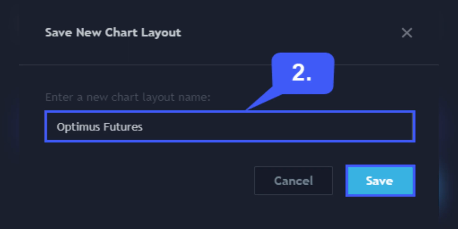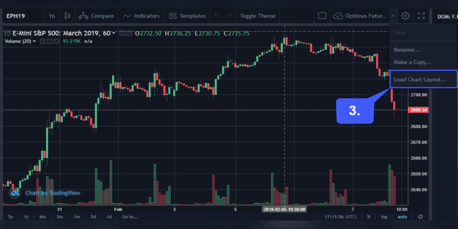Later, if you want to reopen your saved chart layout, go back to the Save button and click the small drop-down arrow next to it. In the submenu, select Load Chart Layout. A list of all your saved layouts will appear. Click the one you want, and your chart will load exactly as you left it, including all indicators, drawings, and settings. Once it loads, just click the X at the top of the load screen to start trading or analyzing